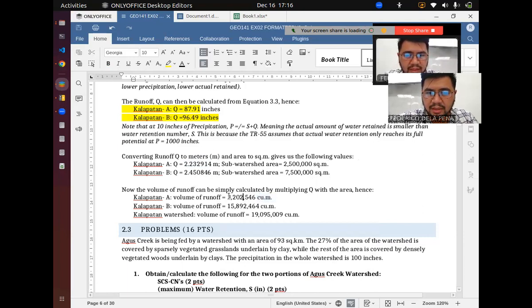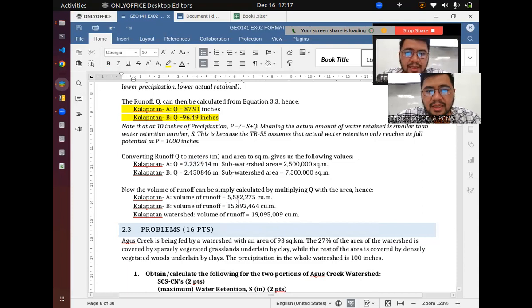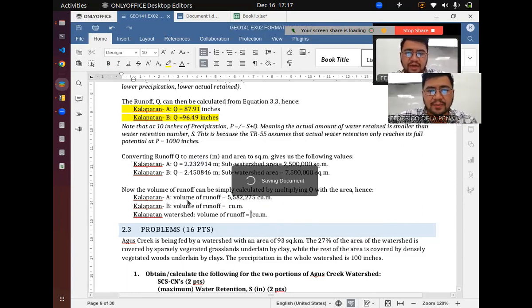You will get a value of 5,582,275 cubic meters. And then for this one, this is wrong. And then for Kalapatan B, we have a value of